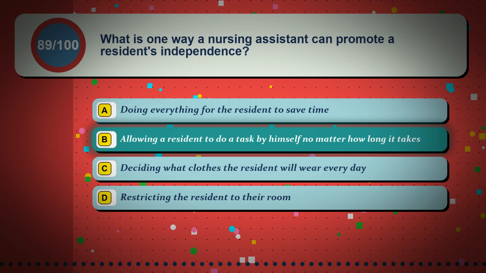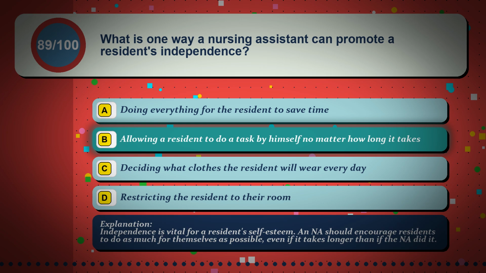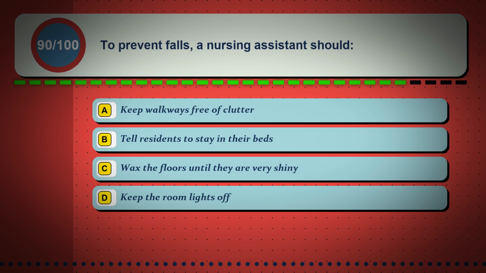The correct answer is option B. Allowing a resident to do a task by himself no matter how long it takes. Independence is vital for a resident's self-esteem, and NAs should encourage residents to do as much for themselves as possible, even if it takes longer than if the NA did it. Question 90. To prevent falls, a nursing assistant should